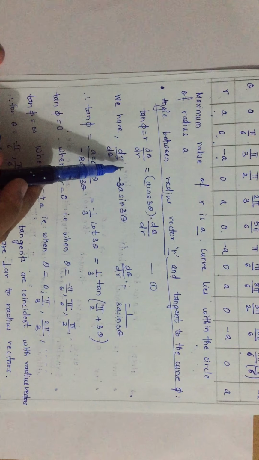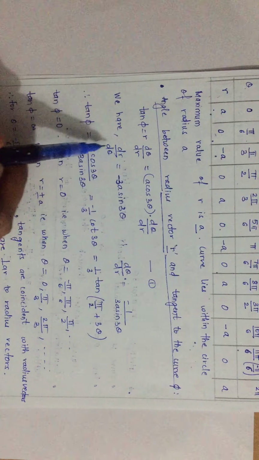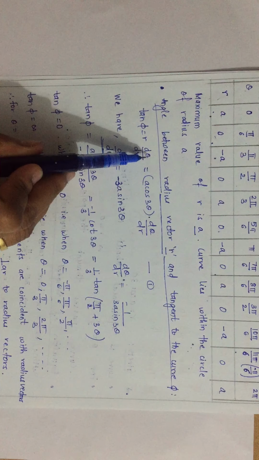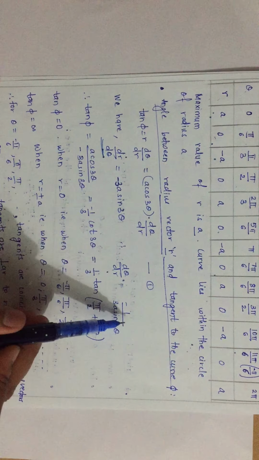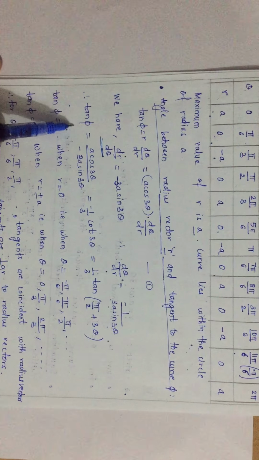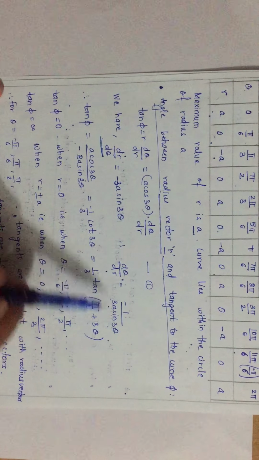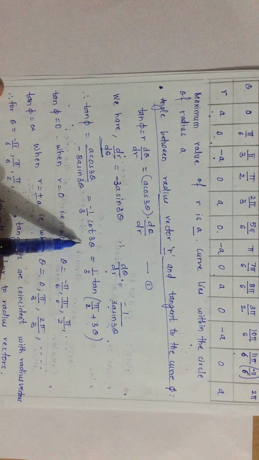But here the equation we have is r equals f of theta, meaning we have to find dr by d theta, and the reciprocal of this will give us the value of d theta by dr. So d theta by dr here we obtain as minus 1 upon r 3a sin 3 theta. That means tan phi becomes r, that is a cos 3 theta, upon minus 3a sin 3 theta. That means minus 1 by 3 cot 3 theta.